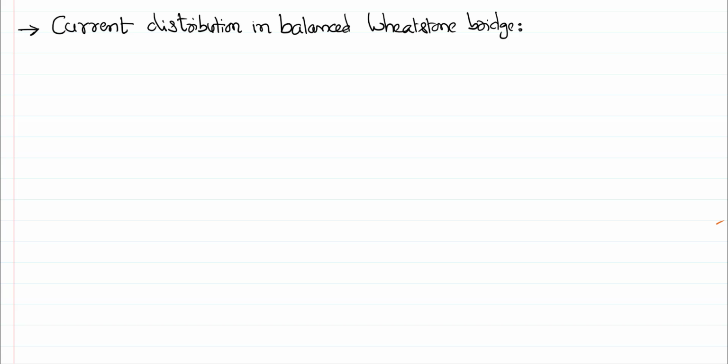Hi everyone, in this video we are going to talk about the current distribution in a balanced Wheatstone bridge. So first of all we shall try to know what do you mean by Wheatstone bridge and what do you mean by a balanced one, right? So Wheatstone bridge is a combination of 4 resistors,